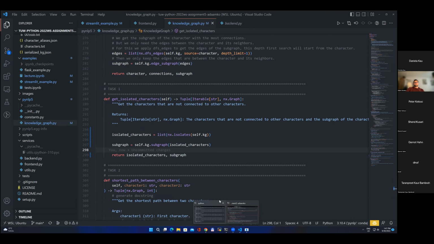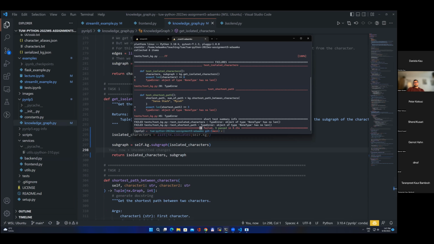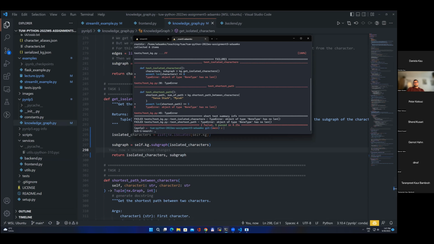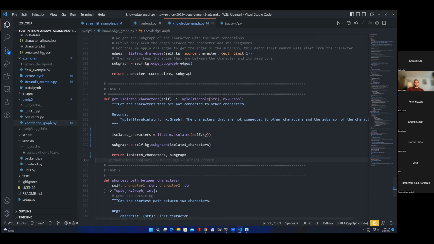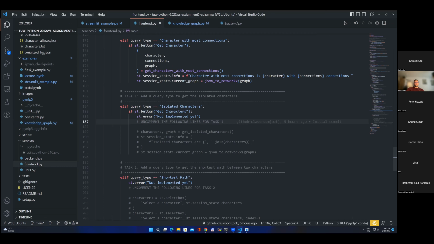Yes, and now we can test whether the test is running. Yes, we now only have 1 fail and 5 passes. So the function works. And now in the front end, I can just uncomment these,